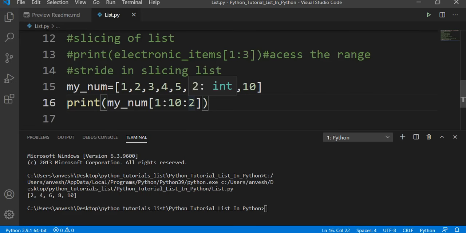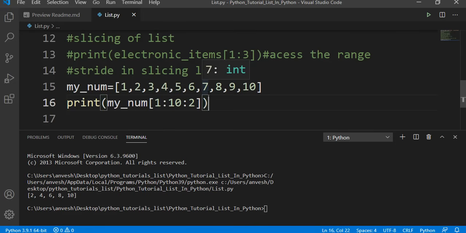So what is this stride? This stride tells us how many items to move forward after the first item. My first item is 2. How many items do I have to move? Here I have given the stride value as 2. So it is moving 2 items, so it is printing 4. And from 4 it moves past 5 and then it is printing 6.